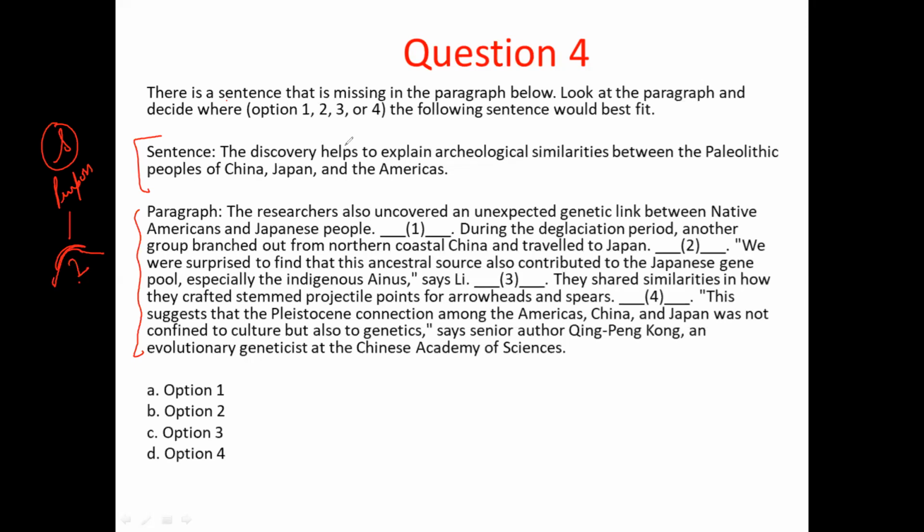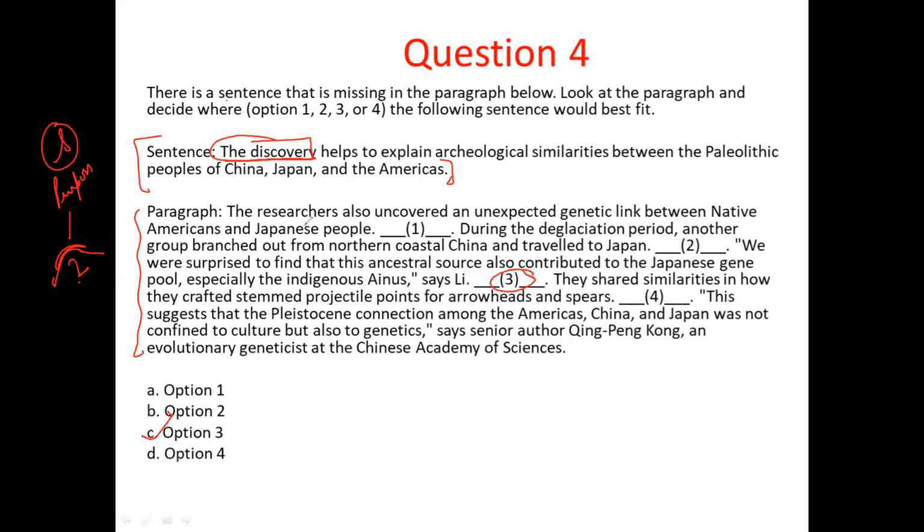Now let's see. The discovery helps to explain archaeological similarities between the Paleolithic peoples of China, Japan, and the Americas. So we know that whenever we insert this particular sentence, the discovery definitely needs to be mentioned before this, and it helps to explain archaeological similarities between the peoples of China, Japan, and America. So let's go about it. The correct answer to this question is option number 3,